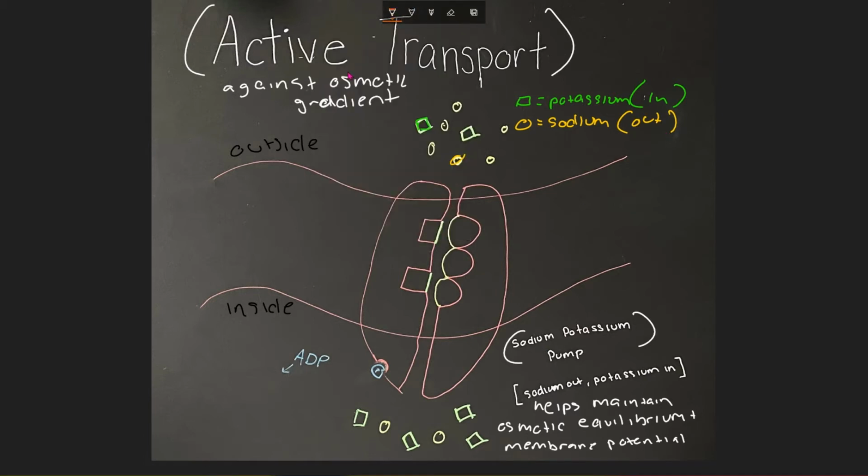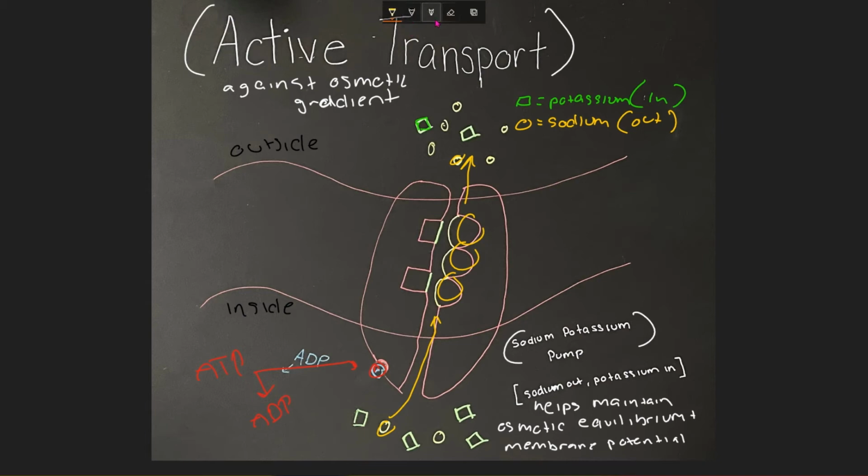Okay? And in order to move it against its osmotic gradient, it needs to be powered by a phosphate, and that phosphate comes from ATP. Your ATP will deposit a phosphate here, and it will become ADP. Now, this addition of the phosphate molecule will change the shape of the active transport protein, allowing the sodium on the inside to move in. Say three of them will move in, and they will bind to the surface, and they will be pushed out